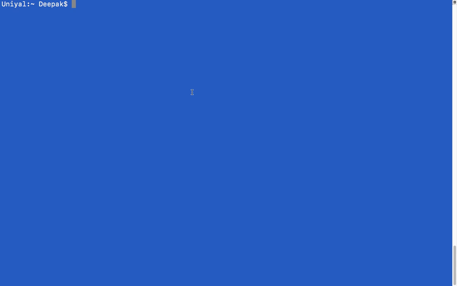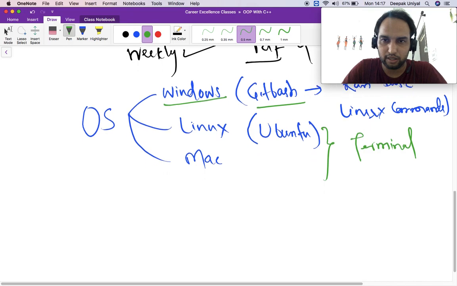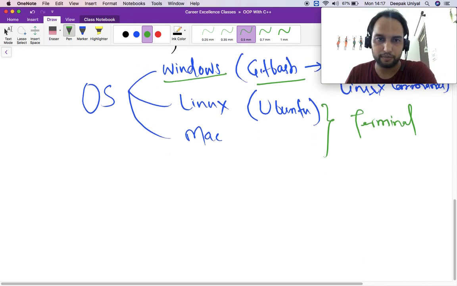Other than this, in Linux or Mac you will find out a terminal and you can do basic things using this terminal. So just let me show you first command. You can use cd to move to other directory. Just let me first show you diagrammatically.